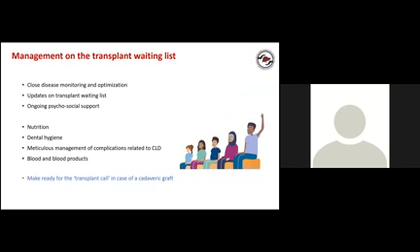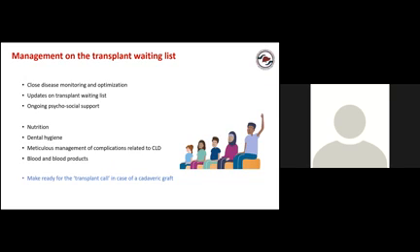Though we plan a transplant and we do an assessment, it would not happen maybe the following day or in a week. Sometimes the children have to be on the transplant waiting list for some time, especially in the absence of suitable live donors, and they are waiting for a cadaveric donor. So it's very important that we closely monitor them, optimize them, update their details on the transplant waiting list, get in touch with the MDT team and update them, and provide ongoing psychosocial support.